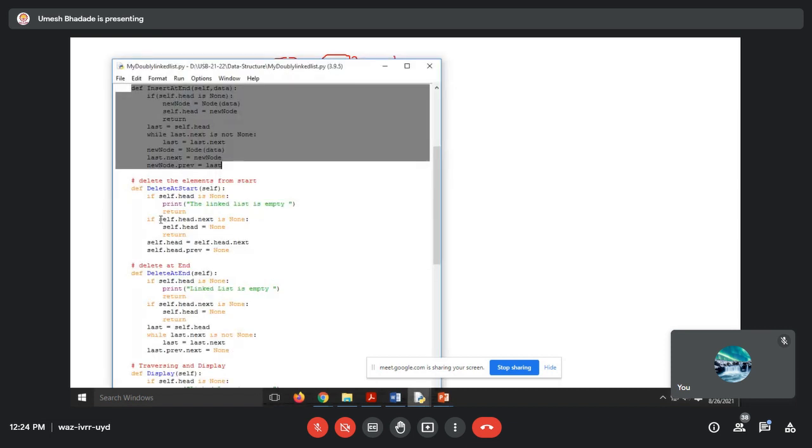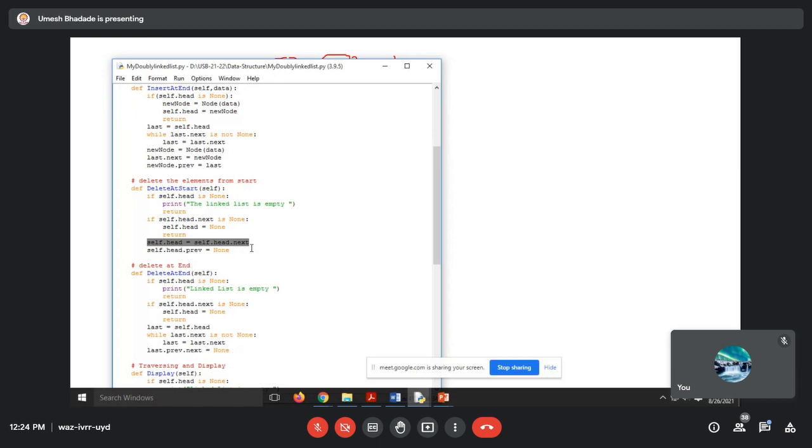So this is the code which is responsible for removing the item first from the beginning. So see here, self dot head is equal to, just a minute,